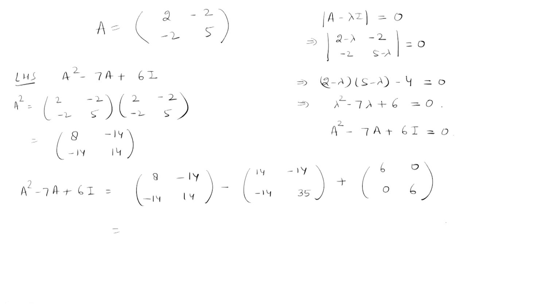So, let us again verify this thing. It is this row, this column, that is 4 plus 25. Okay. So, here we have a doubt, here is a correction. You see this element, this row, this column, that is 4 plus 25 is 29. So, this element is 29. Now, 29 plus 6 is 35 and 35 minus 35 is 0. So, it is 0, 0, 0, 0. So, it is a null matrix. Okay. So, hence this Cayley-Hamilton theorem is verified. Now, we have to find out the inverse of A using the Cayley-Hamilton theorem. So, how will we find that?